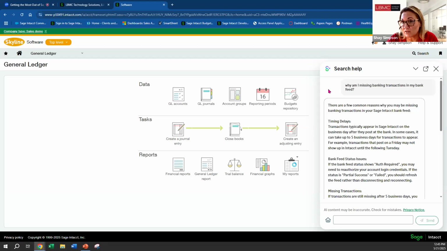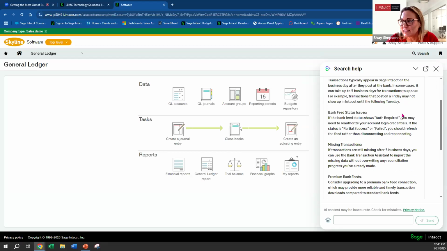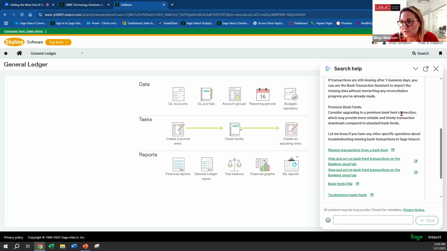I'm super excited about Copilot within Sage Intacct because, for me, I've always wanted to be as self-sufficient as I possibly can. I want to try to figure it out on my own. I want to know the whys. Somebody can say, well, this is how you fix XYZ. Well, that's great. But I'm one of those people that wants to know why it happened. I don't want to just know the fix. I want to know why it happened. So for me, I really like this because it's allowing me to be a little bit more self-sufficient